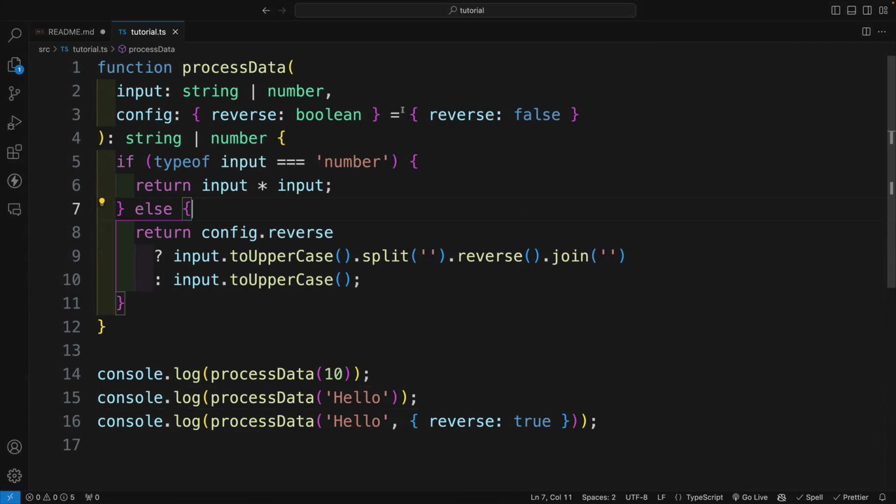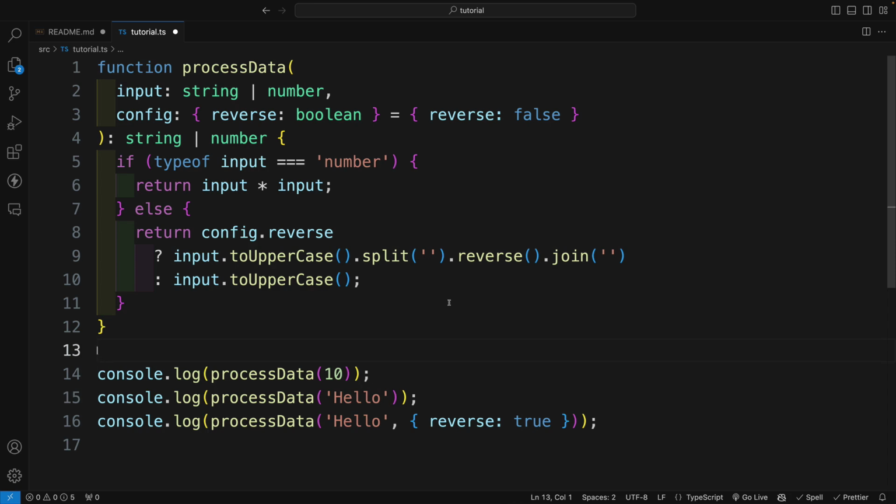Again, in my opinion, the biggest gotcha is over here. You see, if you're not going to provide this default value over here, then pretty much every time you'll invoke this process data, it's also expecting this object over here. And if that's the functionality you want to go for, it's definitely an option. But in my opinion, it's super useful to add this default one. Because in that case, well, if it's a number, or if I don't want to actually reverse it, well, I simply don't provide that argument. At least that was